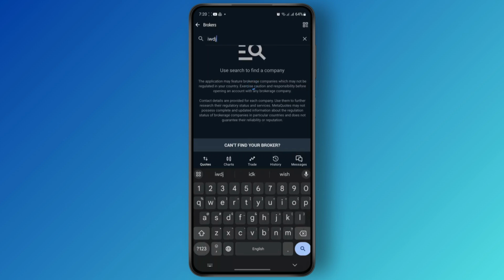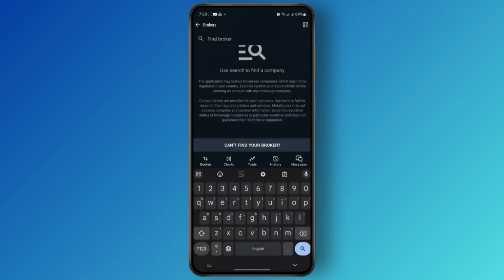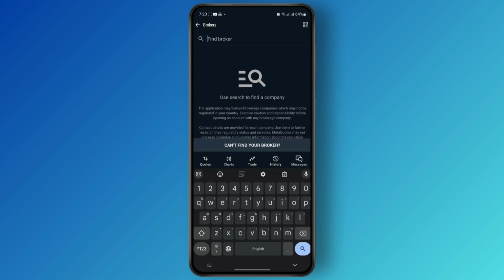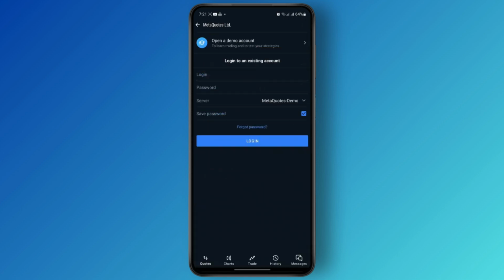But if you can't find your broker, go ahead and tap on Can't Find Broker and tap on OK. Now, once you have done that, if you want to open a demo account, you are just going to search for MetaTrader and then go ahead and tap on metacodes.limited. And once you tap on this broker right here, you will see an option to open a demo account. But if you have an existing demo account, you can just enter your login credentials like your username, your password,